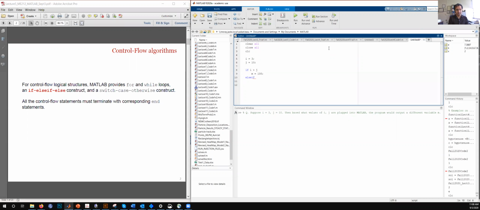So elseif i is greater than 4 and j is equal to 10, and we're going to revisit all these things in a matter of moments, like why I wrote two ands and two equals. But in regular English, this means that i is greater than 4 and j is also equal to 10. Then that third variable m should be assigned a number of 200.